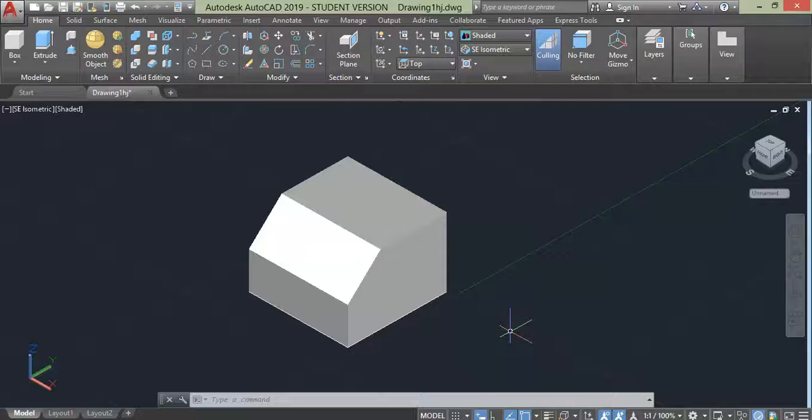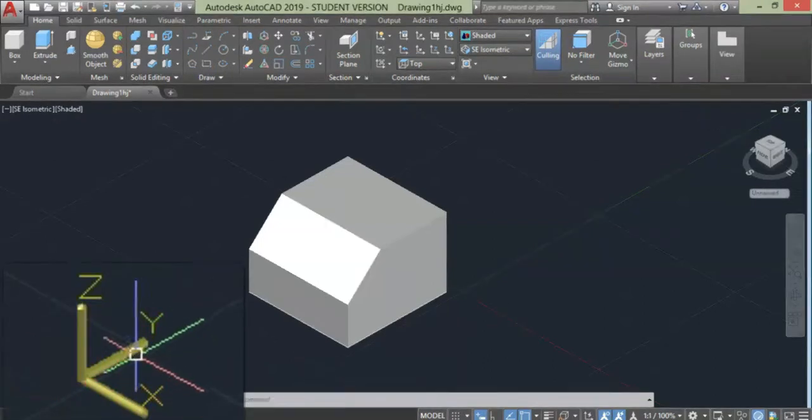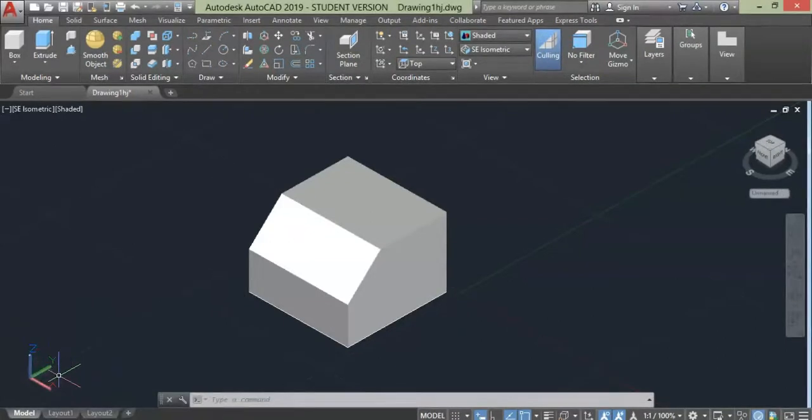In this video, I'm going to explain different planes in AutoCAD and how to switch the planes in user coordinate system. When you check the UCS icon, you will have the XYZ plane, which is X-axis, Y-axis, and Z-axis. To draw an object on the screen in 3D, you will require at least two planes, which is X-axis and Y-axis, and by default whenever you try to create a geometry, only X and Y plane are available,